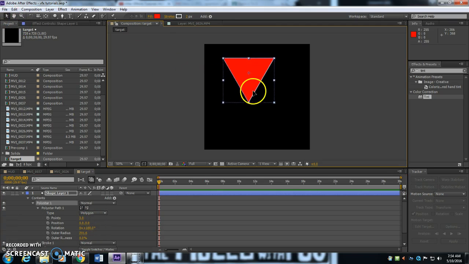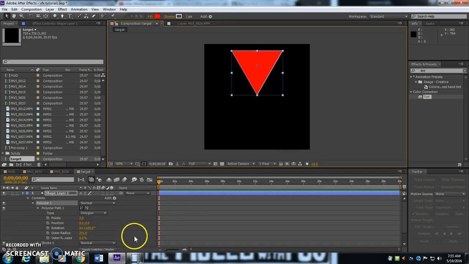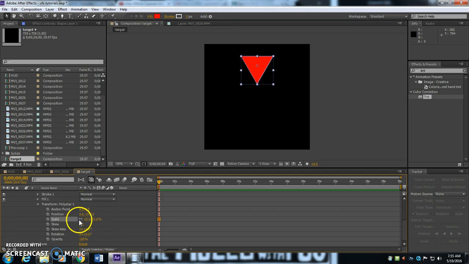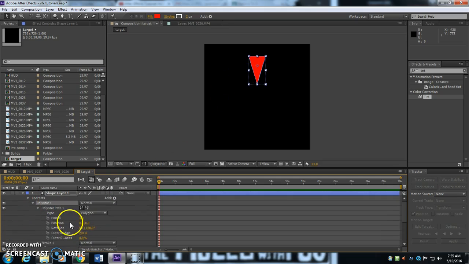And we're going to move that up to there. I'm going to make this a little bit smaller, so we're going to go to the Transform Polystar. We're going to go to Scale. We're just going to scale that down a little bit. We're going to unclick that Constrain Proportions thing. We're going to make it a little bit thinner like this. Okay, now we have a good size triangle